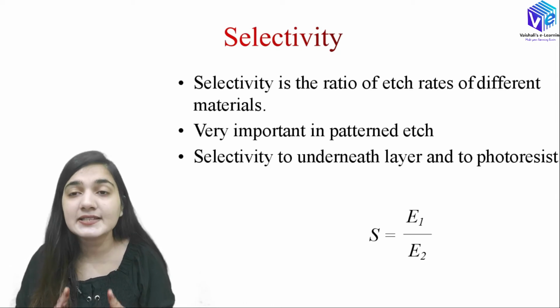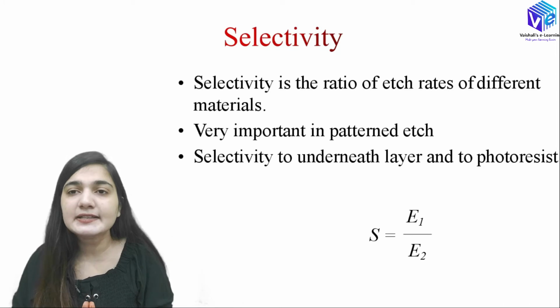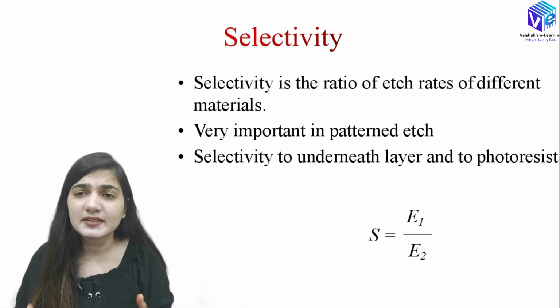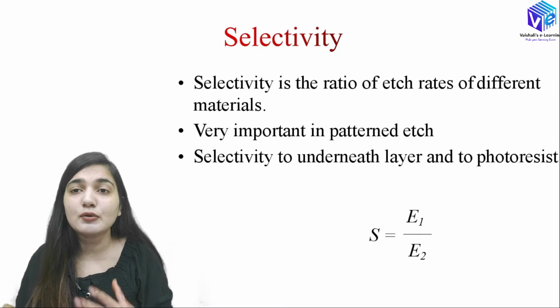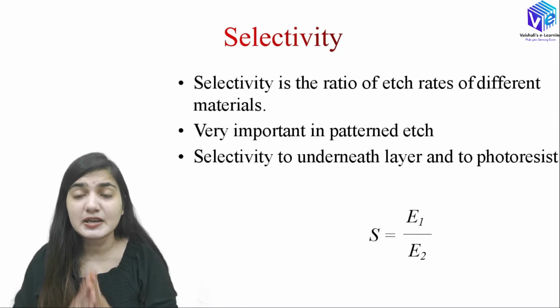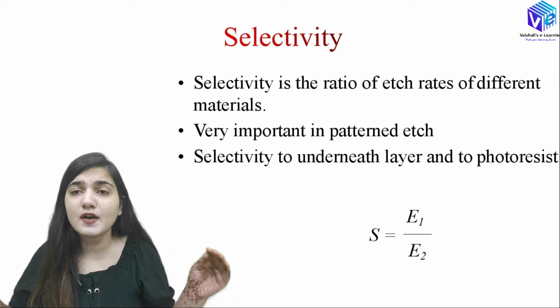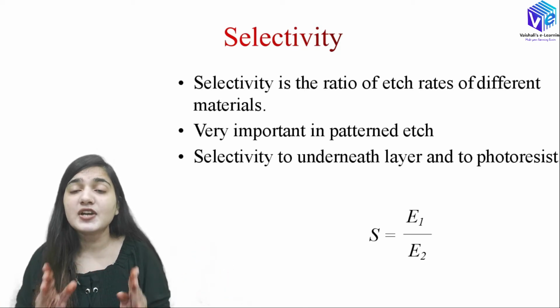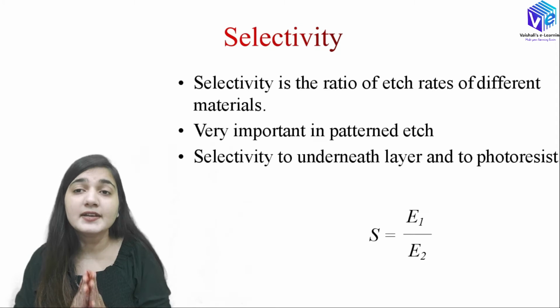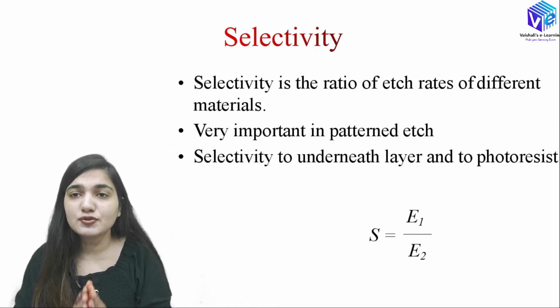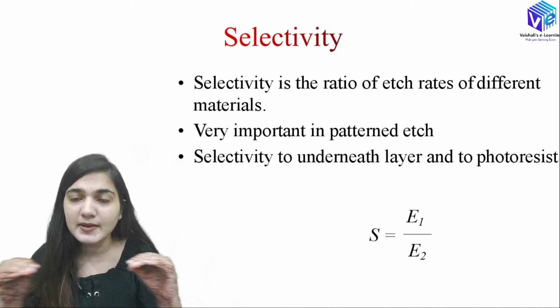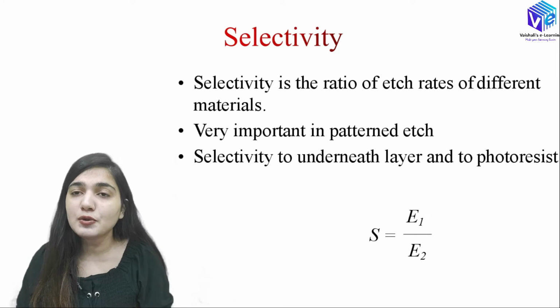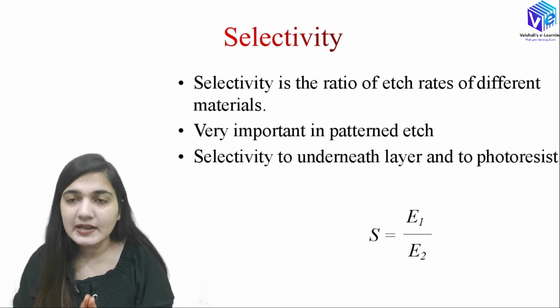We want the highest selectivity, but practically it is not possible to get a very high selectivity. So we use various methods to increase the selectivity. Like we use chlorine, which will increase the selectivity. We use various layers on the surface of our wafer, known as barrier surfaces, so that the chemical we are using will not go in the lateral direction because of the barrier surface. We are making a mask, and within the mask only our chemical will be affecting the material.